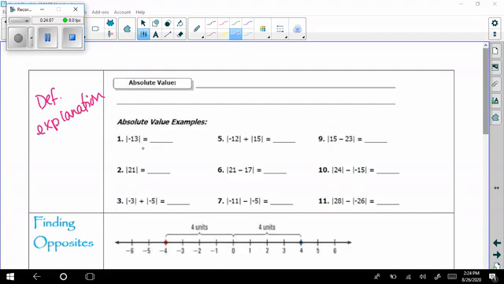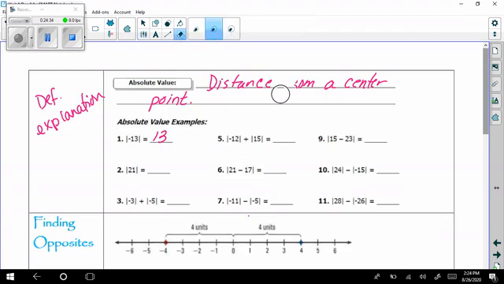All right, so the absolute value of negative 13 is just 13. Oops, I didn't finish it. So hopefully I have an explanation here. I kind of jumped the gun. Absolute value. I would like you to write in, it's a distance from a center point. Distance from a center point. I'm going to write this a little nicer. Often we consider it being 0. Okay, so here's what absolute value of negative 13 is 13. 2, absolute value of 21 is just 21.